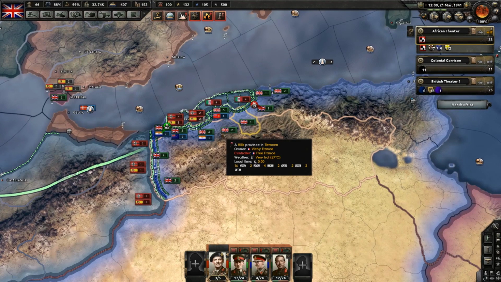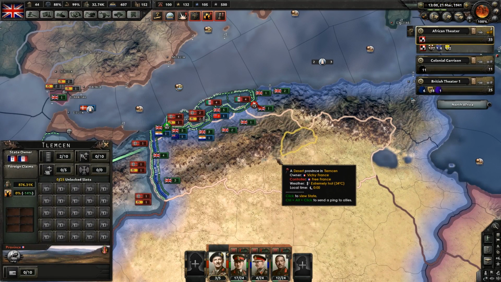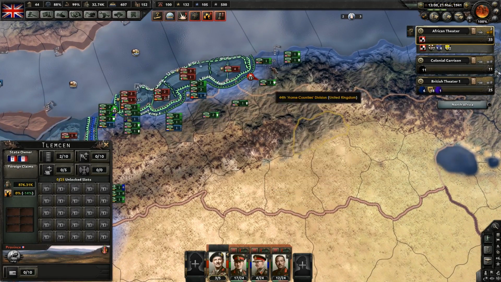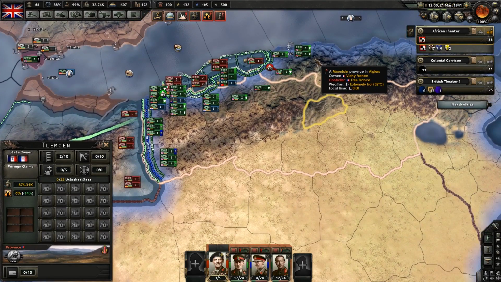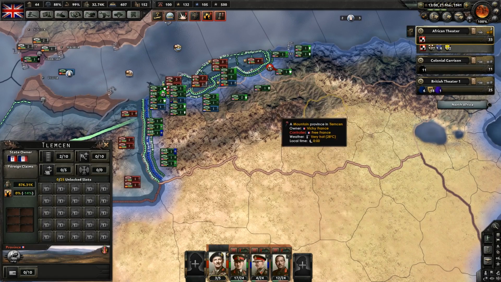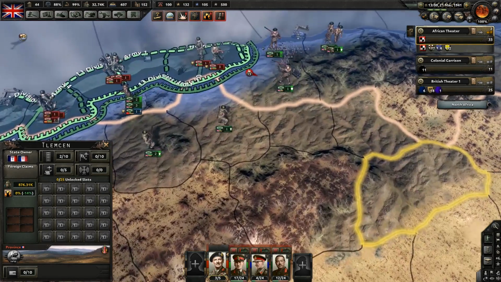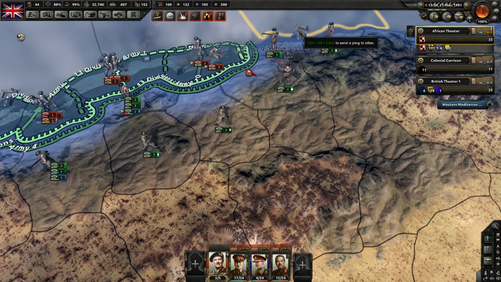So, what I'm thinking we're going to try here is to fall back to a more defensible line. We're stretched a little bit too thin here. Let our troops get some rest, get some equipment replenished, and then renew our offensive from there. So, that is what we're going to do, and how we're going to do it...